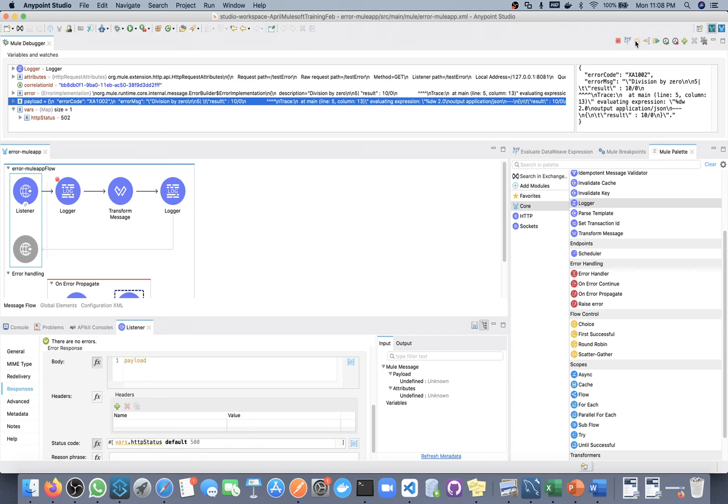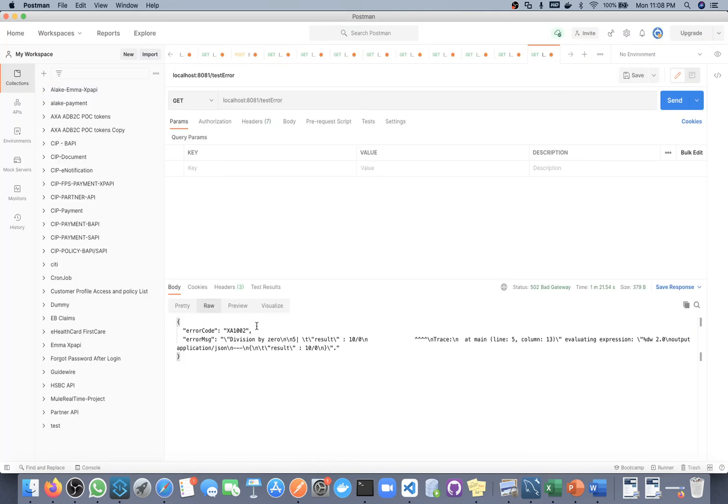Let me complete this and go to Postman and see here. We are getting this payload and we are getting this error code.